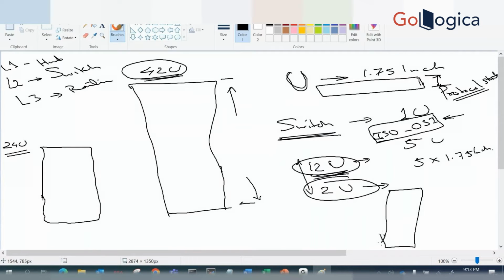Physical layer, data link layer, then the network layer, transport layer, session layer, application layer, right? So in this,